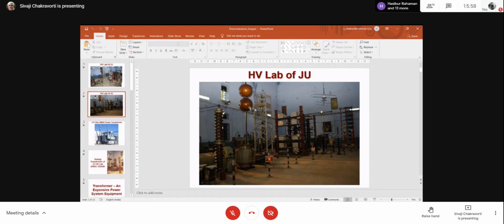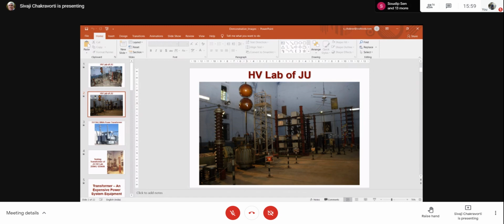By the way, this is a sphere gap, a big one. You can see my mouse moving here. This is a sphere gap of diameter 1 meter, a huge sphere gap in our lab. We use it only for extremely high voltage measurement. This impulse generator you see can generate up to 1.4 million volts. To measure that, you can't use any voltmeter other than this sphere gap voltmeter. You will be surprised how a sphere gap can be a voltmeter, but I can tell you this is a voltmeter.